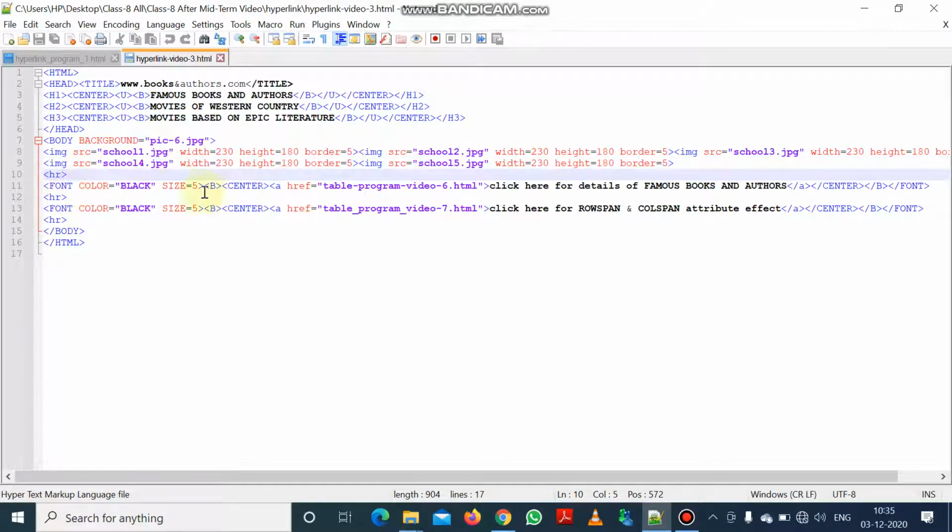After that, the first hyperlink is created by the anchor tag or a tag. Here I have written href, that means hyperlink reference, and then I have given the name of the web page file to which the first hyperlink will be made: table program video6.html, and the hyperlinking sentence is click here for details of famous books and authors.